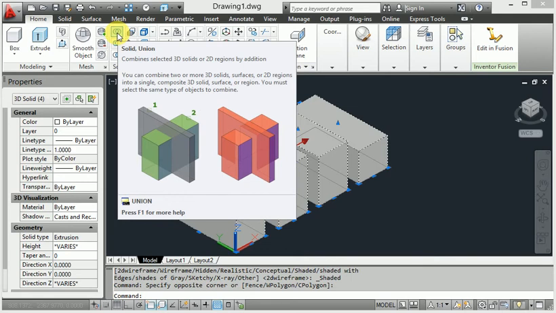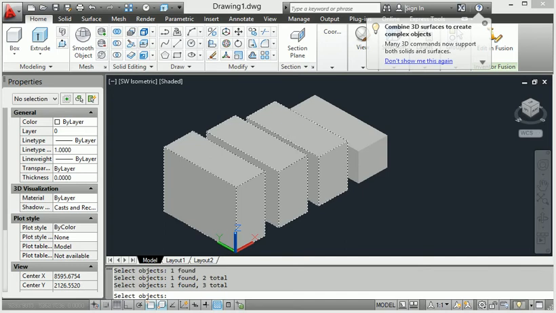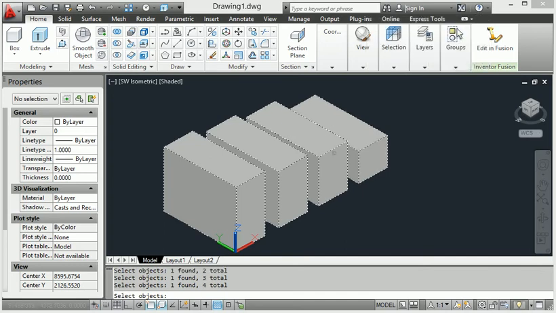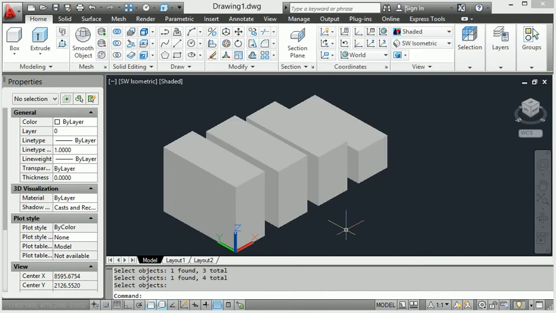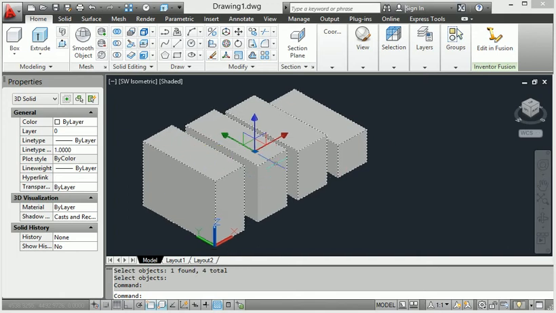Then look at this, the union is the combine process. When I enter union, I press this component, this component, this component, click all four components, then press enter. Let's go to selection again. This is a one-time selection, the whole body is selected because the whole body has been created in union and combined form. But I want to change the position of every component separately. So this is the union form.